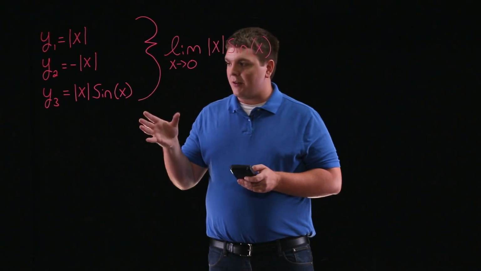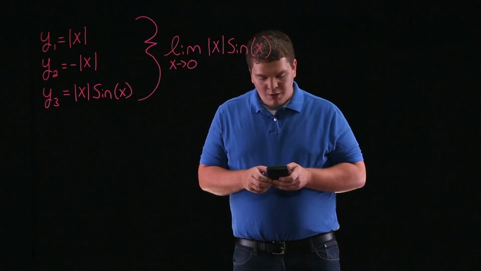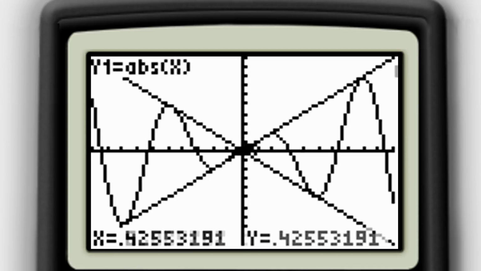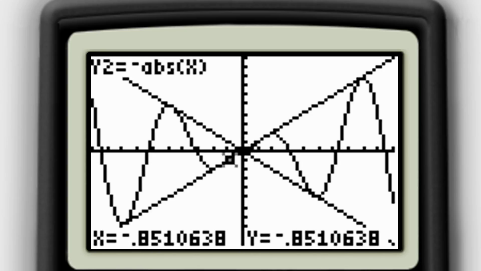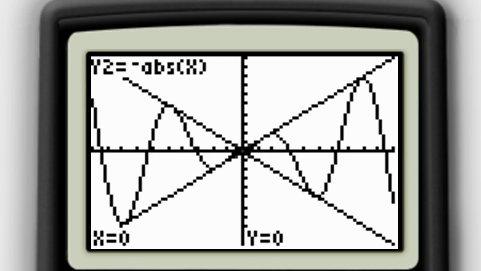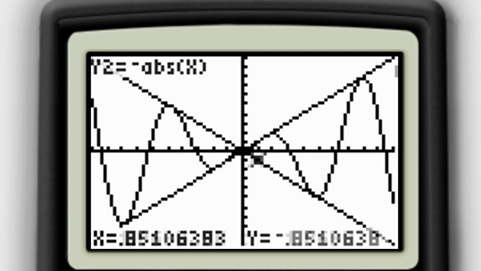So to use the squeeze theorem to find this limit, we can use the trace feature on our graphing utility. And if we trace along the absolute value function, we see that as the x values approach 0, the y values also approach 0. If we trace along negative absolute value of x, we see that as the x values approach 0, the y